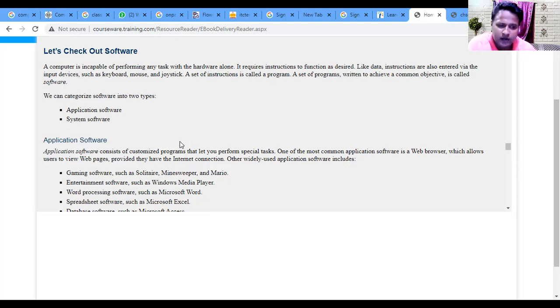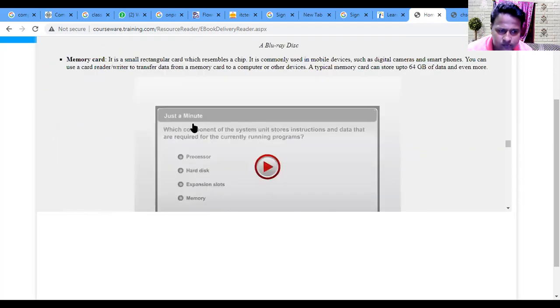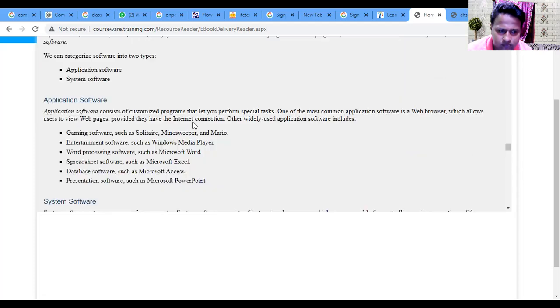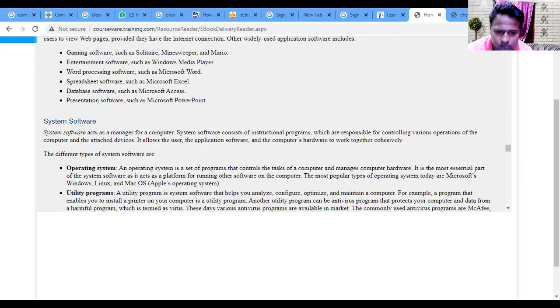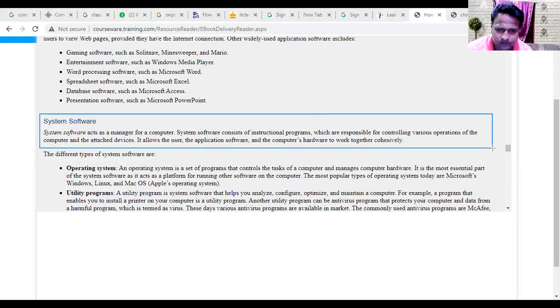First give a heading, your system software. Take a photo of this.